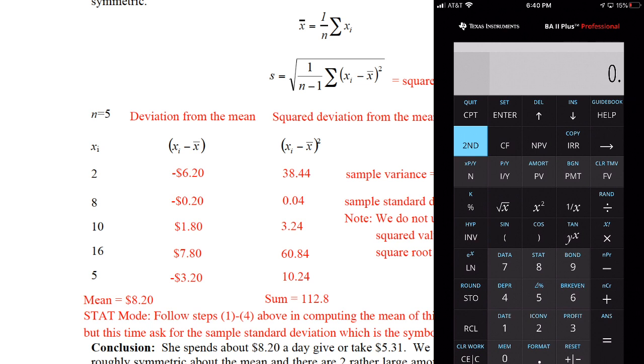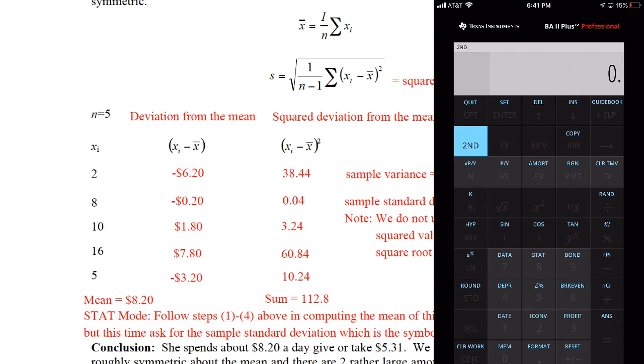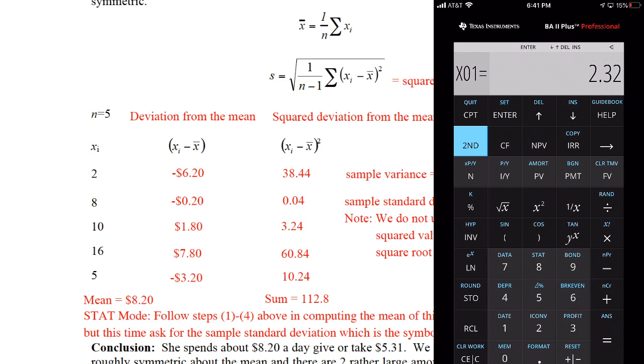So what you do is you put your calculator into stat mode. You see I have some numbers there already. I have some data already in there. And for this data,